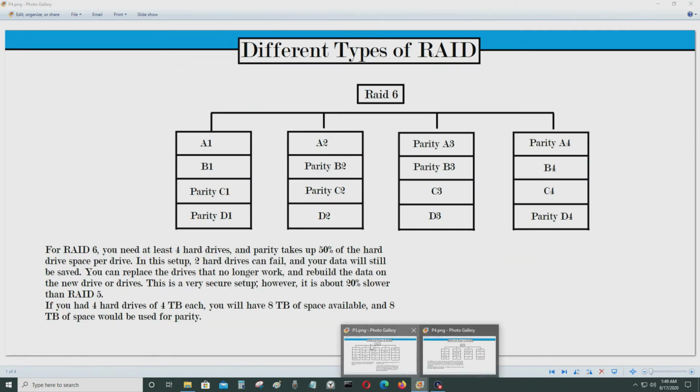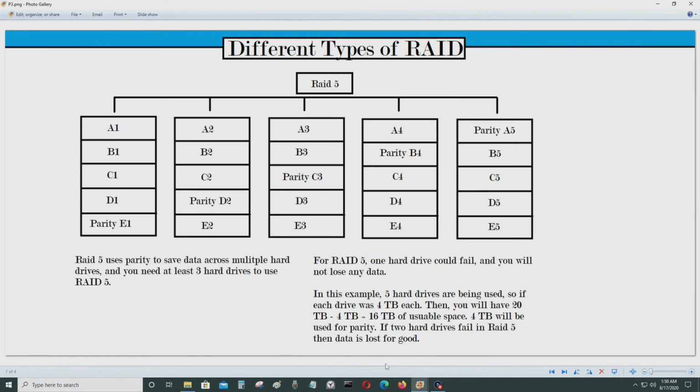So the next one, we're talking about RAID 5. So RAID 5 uses something called parity, which you can see right here. And you need at least 3 hard drives to use RAID 5. So it has parity. So what parity is, it's